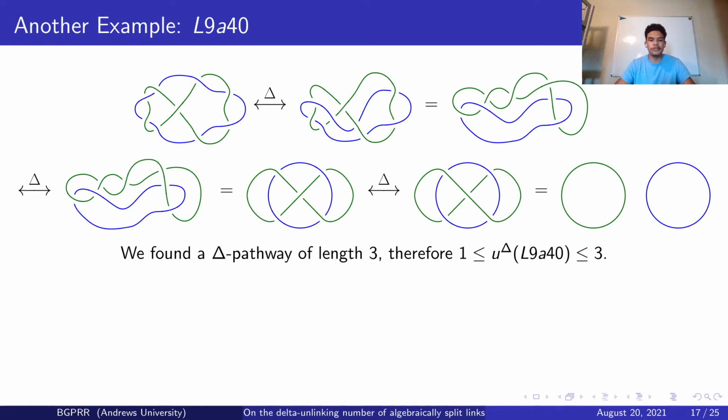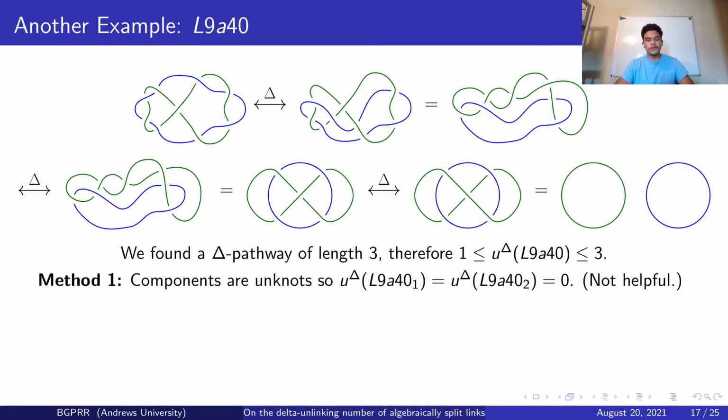We can look at this in another example, the link L9A40. First, note that we found a delta pathway of length 3, and as a result, we get an upper bound for the delta unlinking number of this link to be 3. If we use method 1, the sum of delta unknotting numbers, note that although this green component may be twisted, it's not necessarily knotted. And as a result, the sum of the delta unknotting numbers for this link is 0,